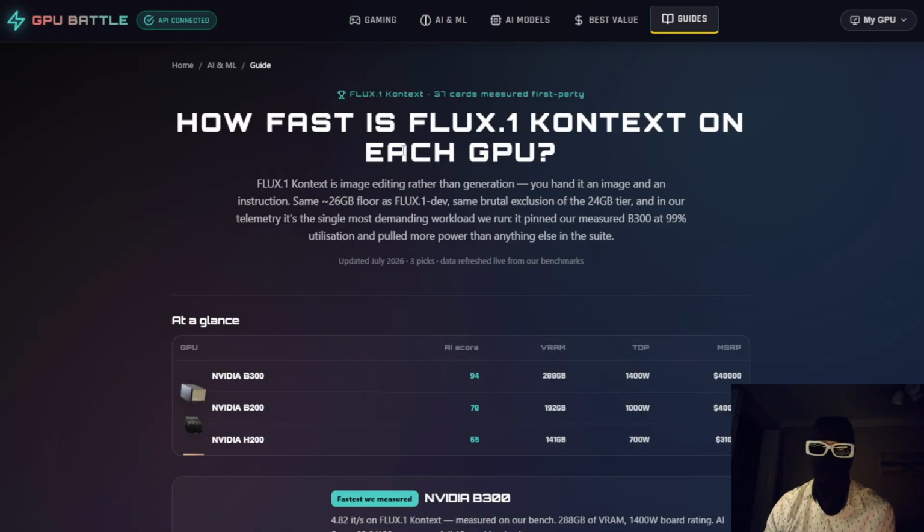So this is basically the speed index showing you that the differences in speed right now are not that crazy, even with the B300. It's mostly the VRAM and the size of the model that you're working with when it comes to getting the best value